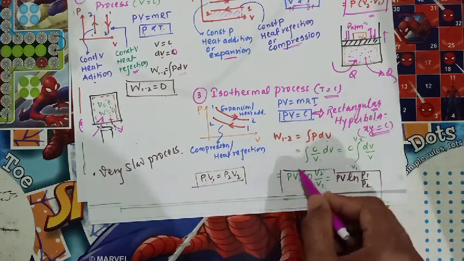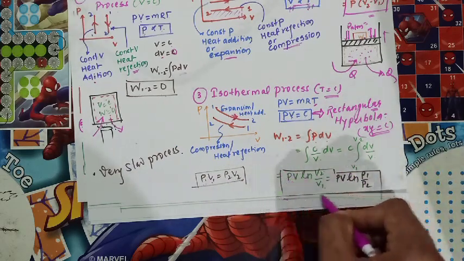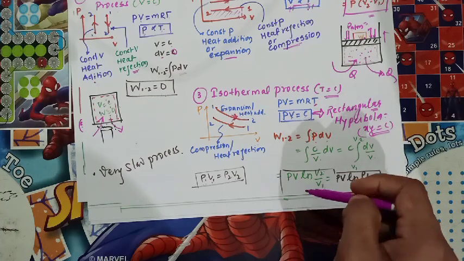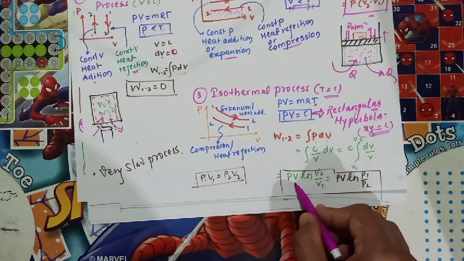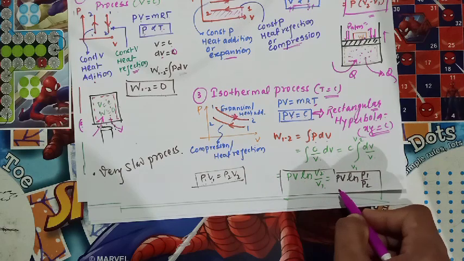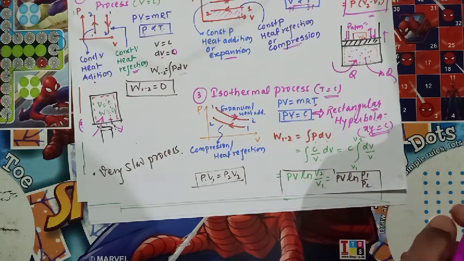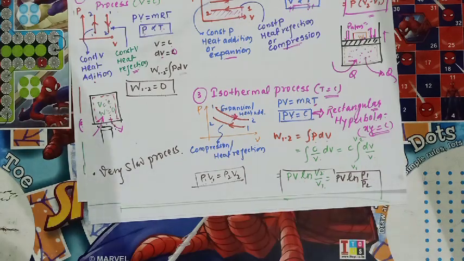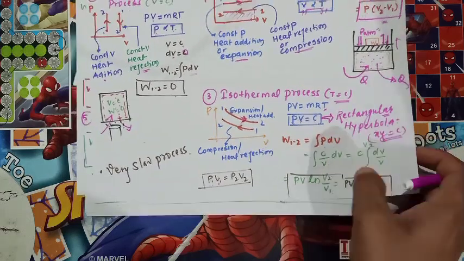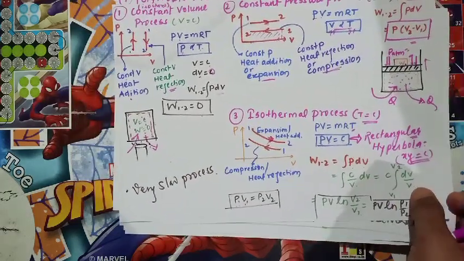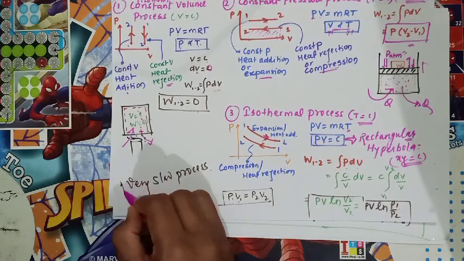So this is the ultimate formula, and this is the formula you have to remember, that the work for the isothermal process is PV ln V2 by V1 or PV ln P1 by P2. Okay, so all those EAC candidates who want to crack the EAC examination, this is one more point you have to remember, that